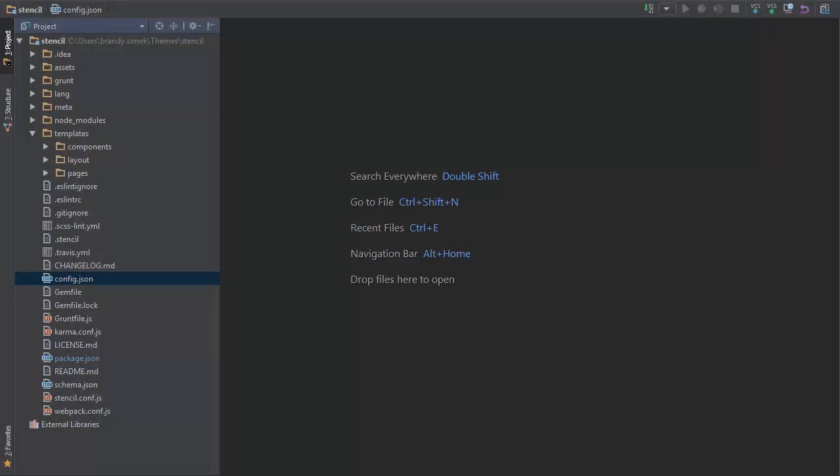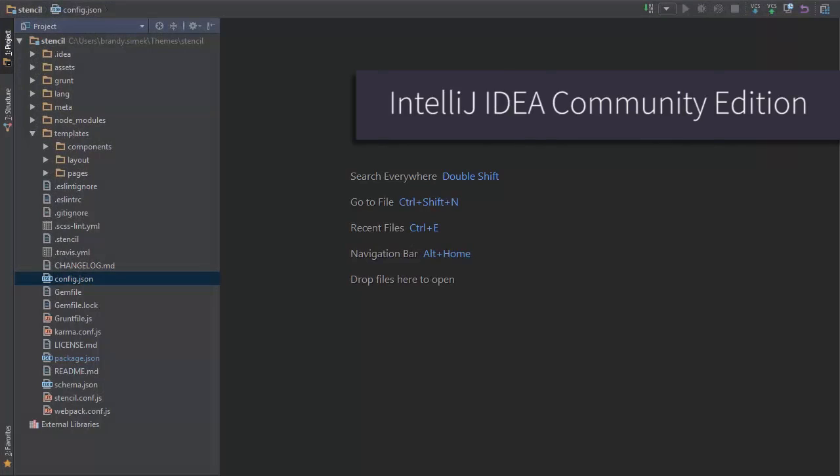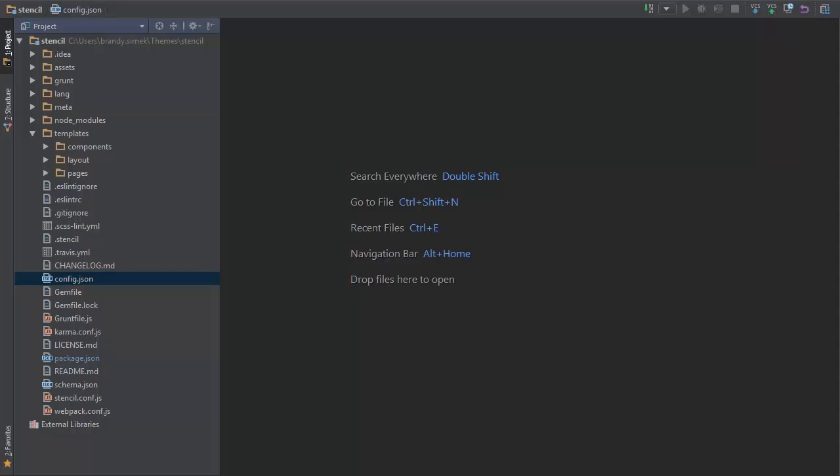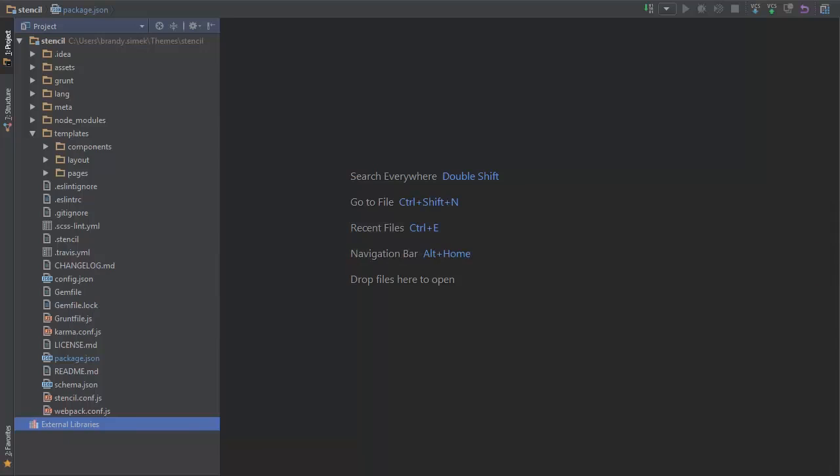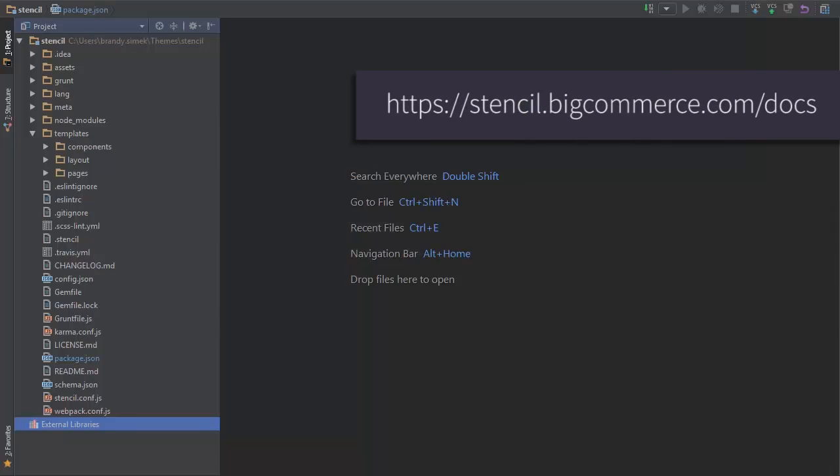Here, I've got the locally installed Cornerstone theme up in my IDE, which is IntelliJ IDEA Community Edition. I've already initialized the CLI and launched the theme on localhost 3000, so I've got the local store pulled up in another window. Remember, you can find full documentation on the files we're about to see at